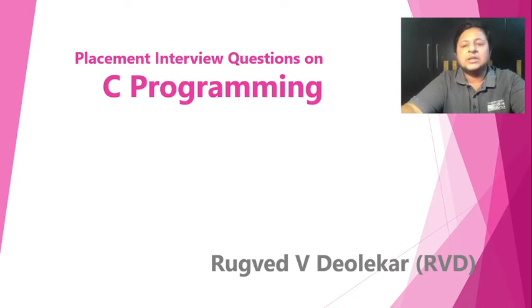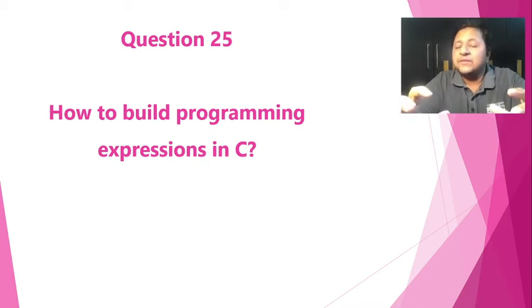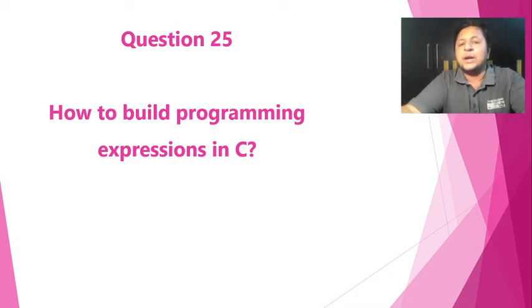In this particular lecture, in this video, we are going to look at how to build the programming expressions in C. Now see, we have completed everything that is required to build the expression. We know the operators in detail, we know math library. Now whenever we'll be facing any problem statement, we will be getting the mathematical formula, we'll be getting the mathematical expression. Whereas when we implement that, we have to write the equivalent programming expression. And that is what we are going to learn in this particular lecture or in this video.